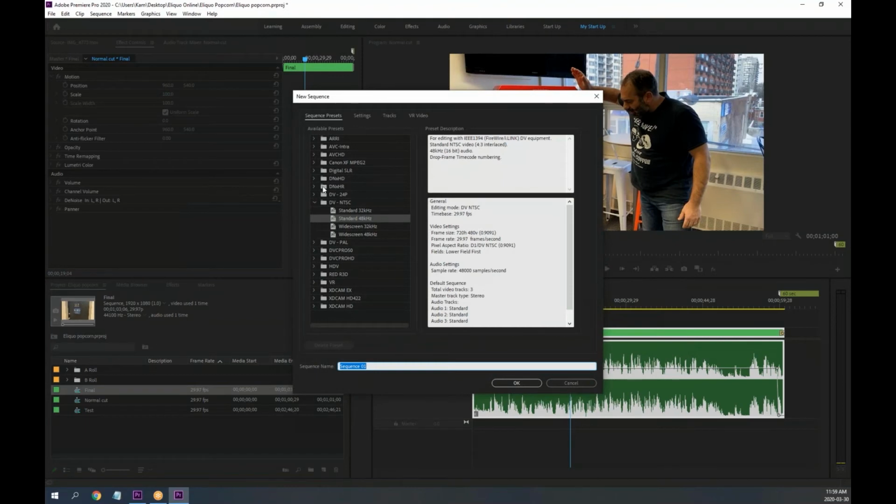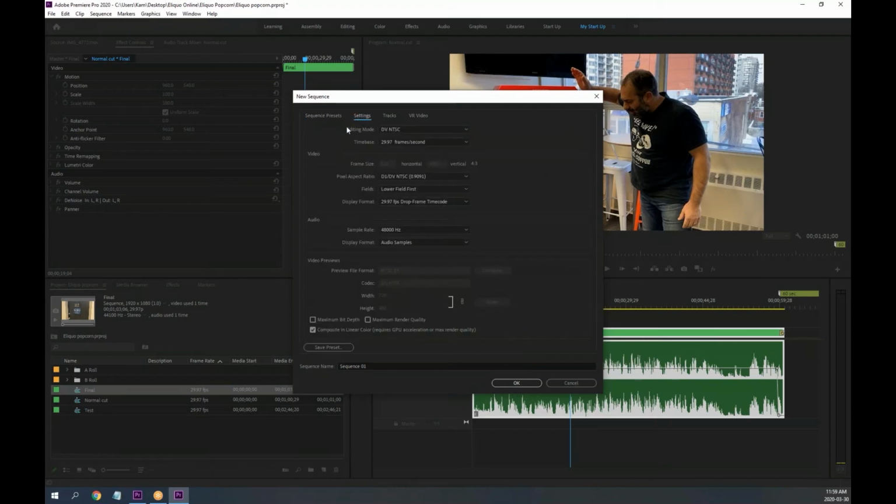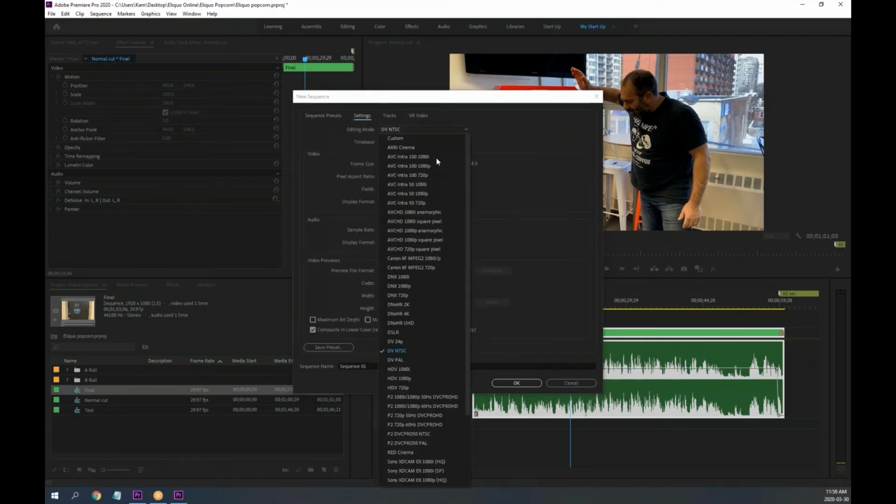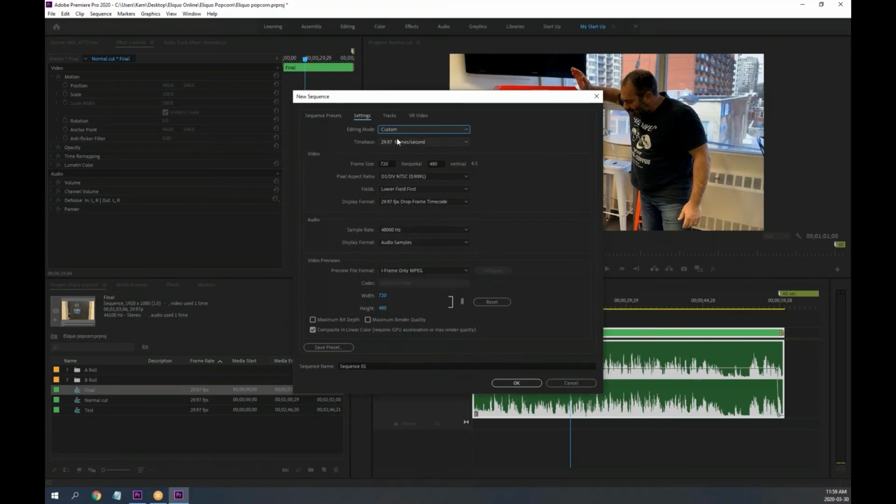I'm going to select the settings. There is no settings or preset for it unless you're going to make one. I'm going to go to the settings, change the editing mode to custom, change the pixel aspect ratio to square pixels, no field,